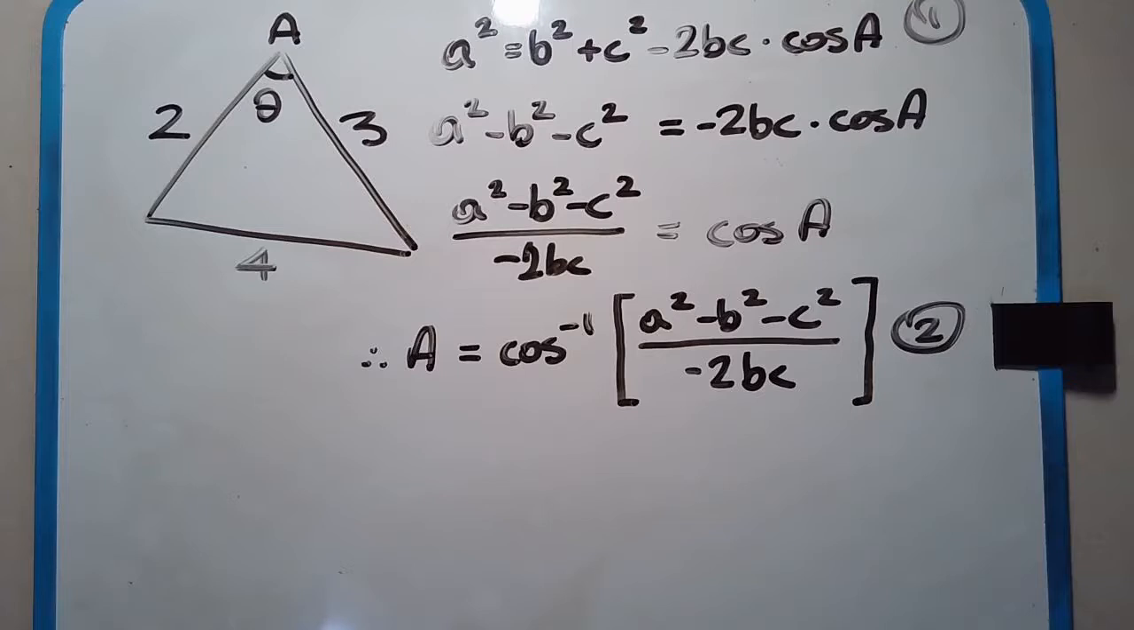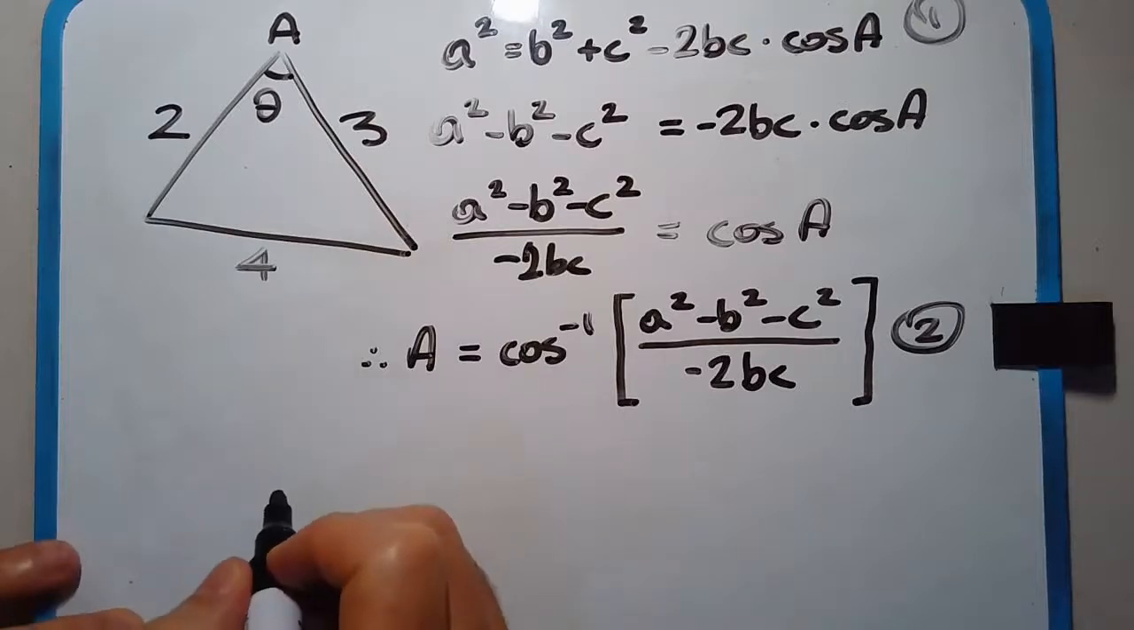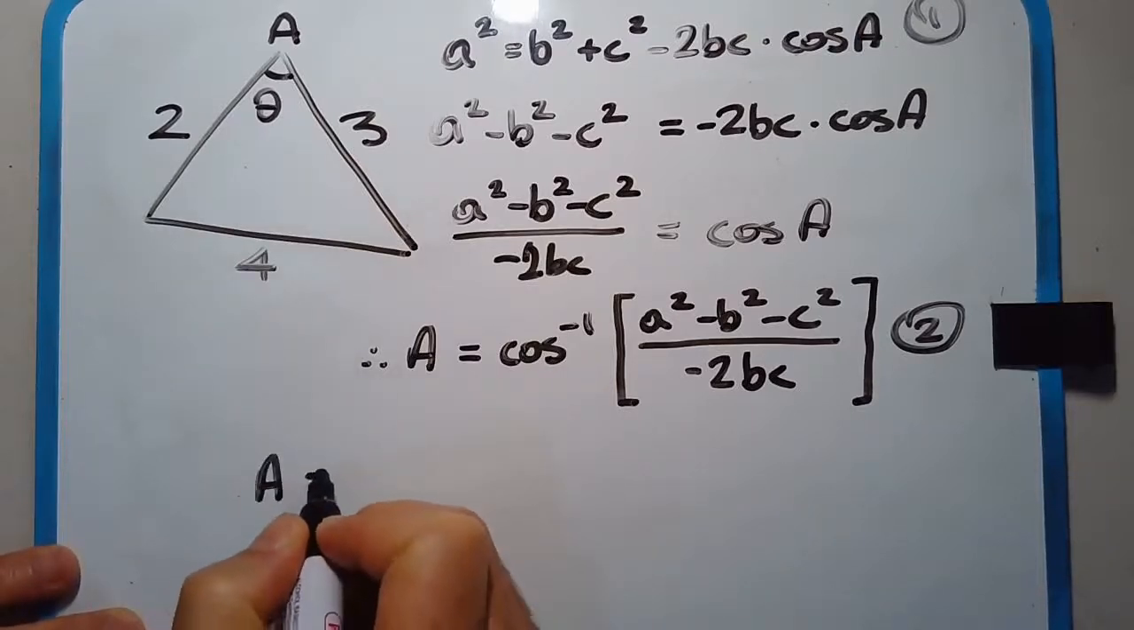Okay, cosine's very nice that way. You don't have to think about the ambiguous case, if you recall that. Could it be acute? Could it be obtuse? Don't worry about any of that. Okay, so a is equal to